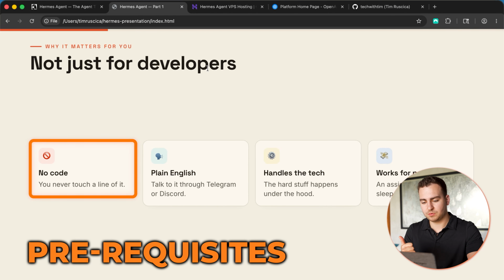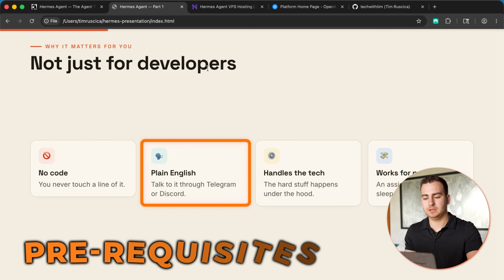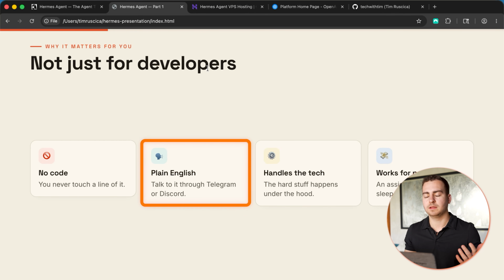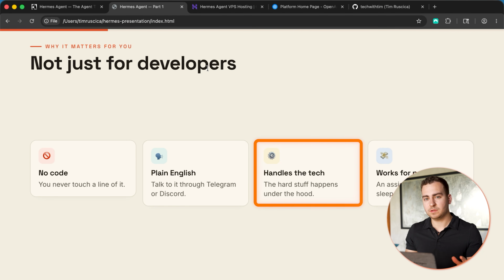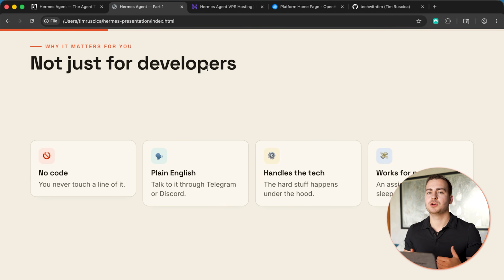So just get a few things out of the way here. You don't need to write code in order to use this. You can just speak to it plainly using English or actually really any language, and you can actually just dictate to it. You don't even really have to type. It handles all of the technology for you, so you don't need to do any complicated setup, and you effectively just need to know to ask it what to do, which is what I'm going to be showing you in